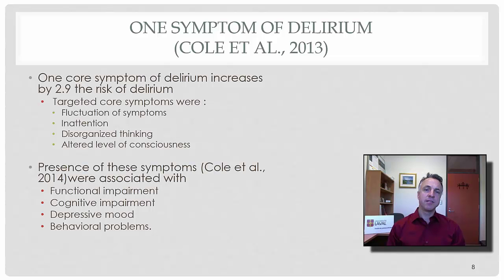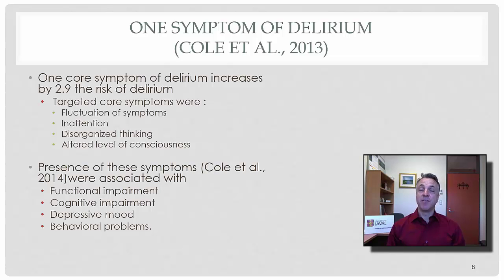If you have one of these symptoms but you don't meet criteria for DSM-5 delirium, CAM probable or definite delirium, or SSD, we know now that it still has a clinical meaning. It's very important to pay attention to this symptom because it increases the risk that you develop delirium. And we know that having one symptom causes negative outcomes such as functional impairment, cognitive impairment, depressive mood, and behavioral problems. So if I sum up,